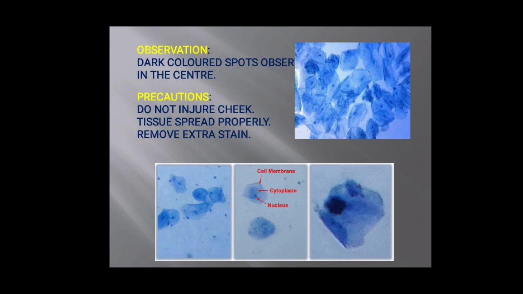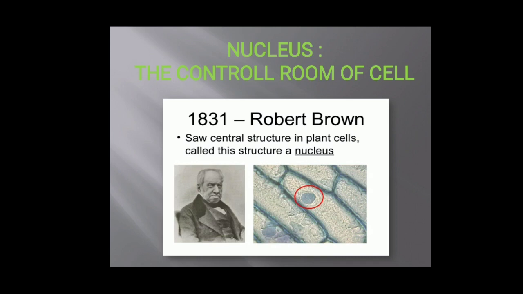You have already learnt in your previous classes that the nucleus is present in the middle of the human cheek cells. This nucleus was discovered and named by Robert Brown in the year 1831. When Brown was working on orchid leaves, he observed the dark colored portion in the central part of these cells and named it the nucleus. Even though he didn't know its function, it was a major discovery.